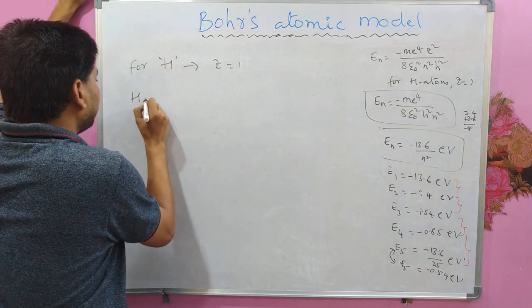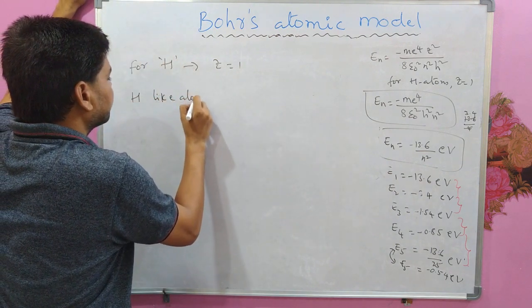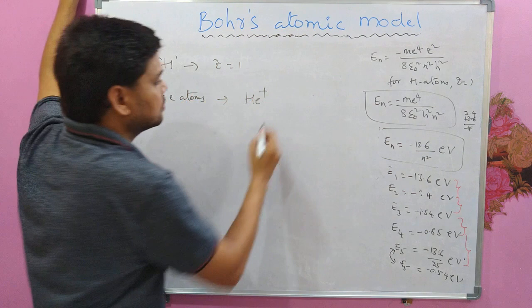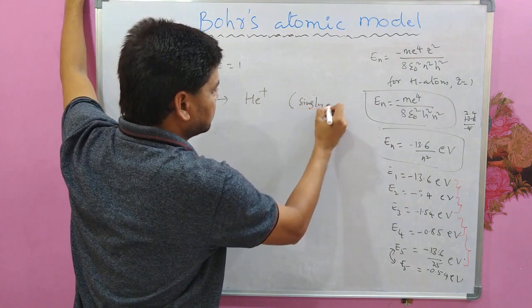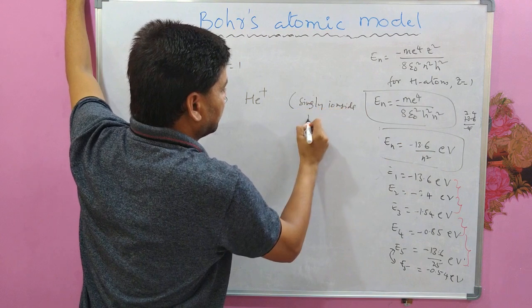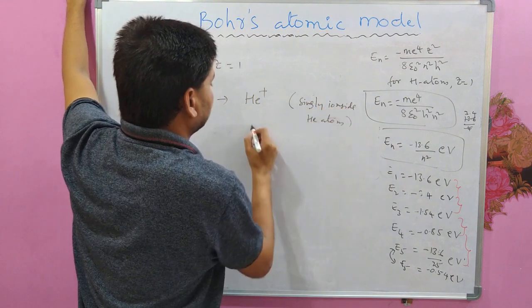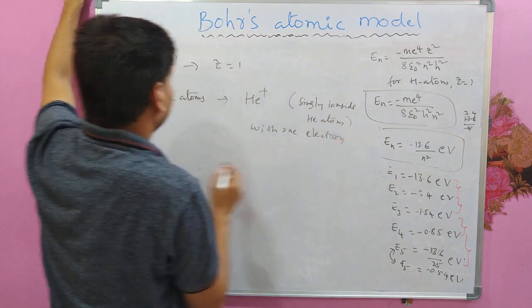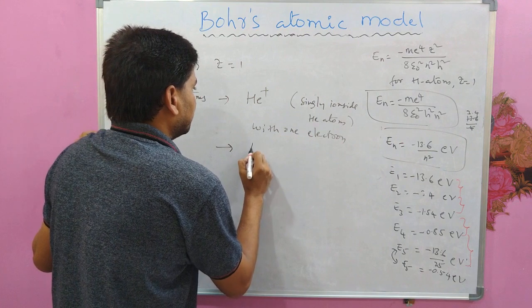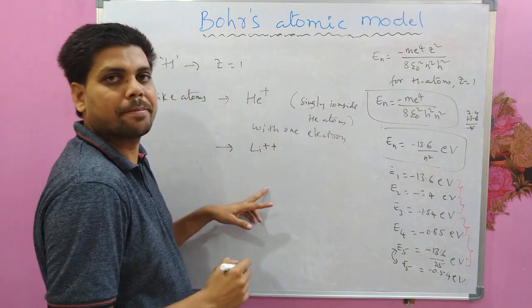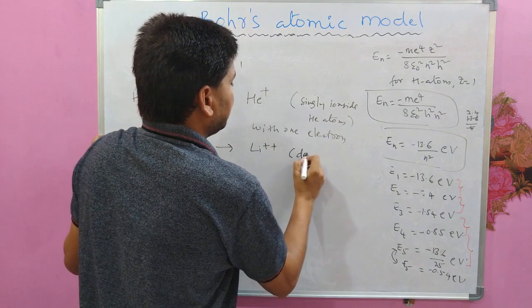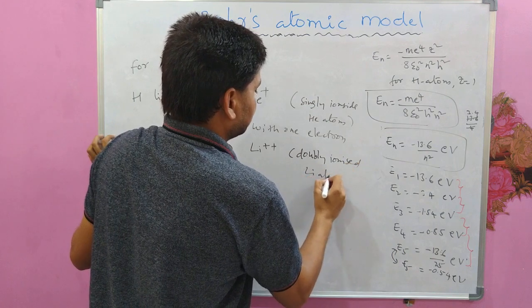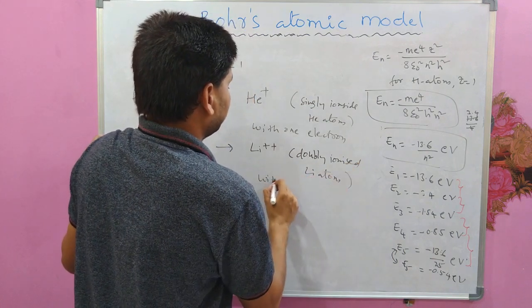And hydrogen-like atoms means helium plus, that is singly ionized helium atom with 1 electron. So the next one, lithium plus plus, that is doubly ionized lithium atom, again with 1 electron,